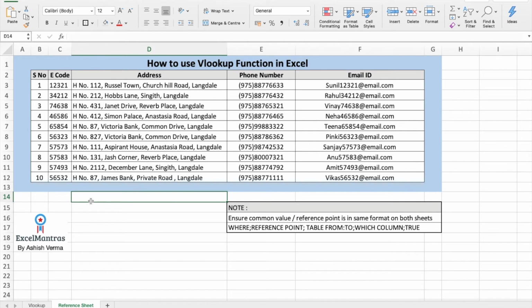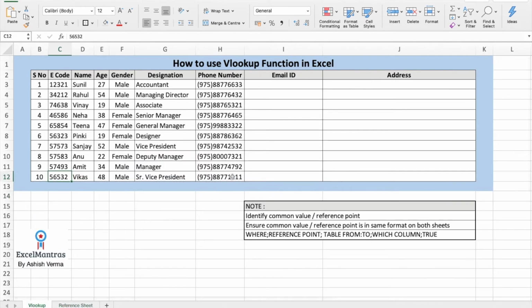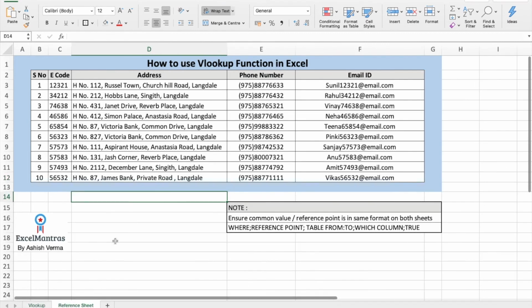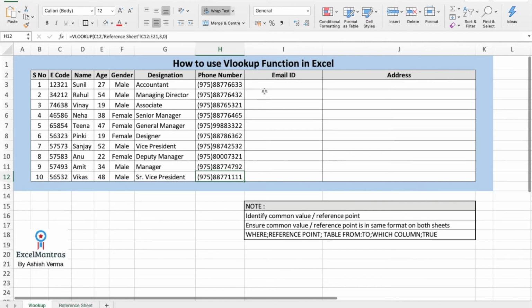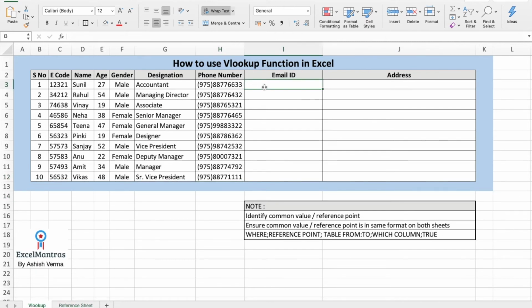So as soon as I remove the space, if I go back to the main sheet, the data has appeared. So the computer is able to recognize the employee code in both the sheets and has produced the desired output. Similarly, for email ID, same procedure: equal to VLOOKUP